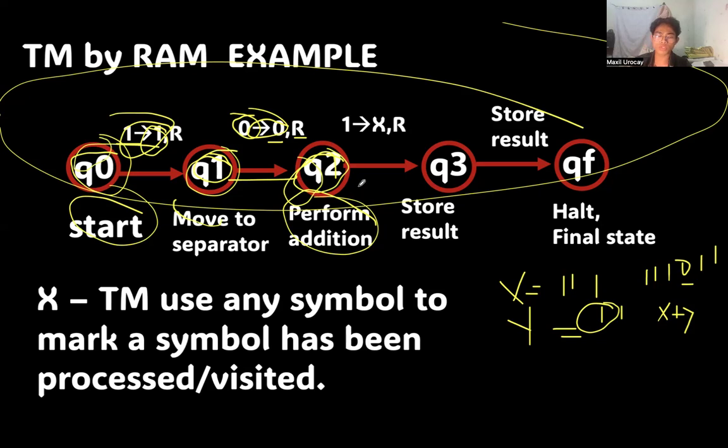So moving to state Q3, we store the value, we store the result. So after performing the addition in our Q2, we return to state Q3. That's why we put here 1. Our input will be X and goes to the right position. So we are using X in the Turing machine